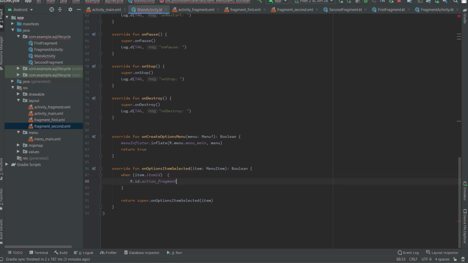Okay, when R.id.action_fragment, and now